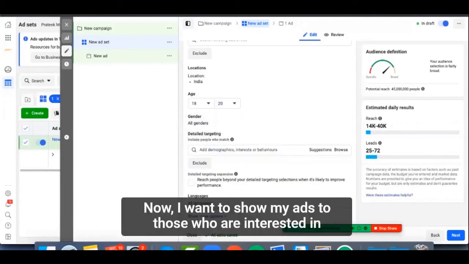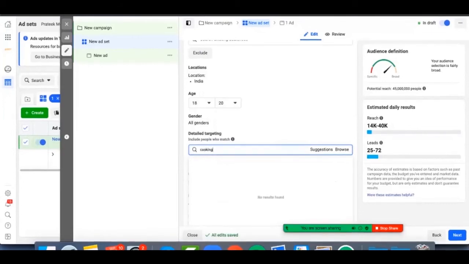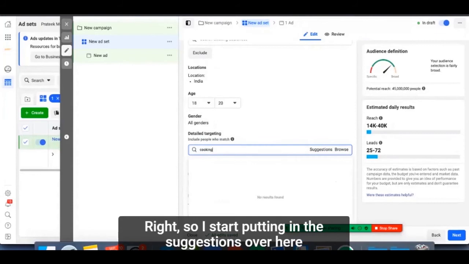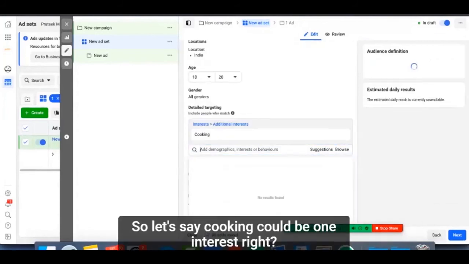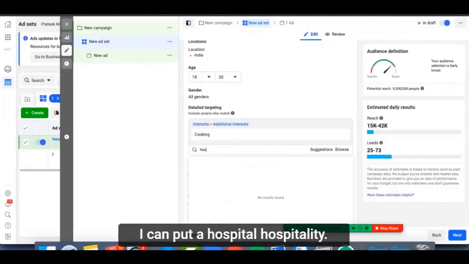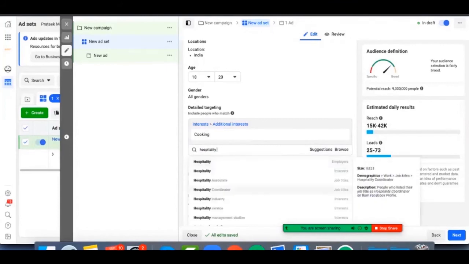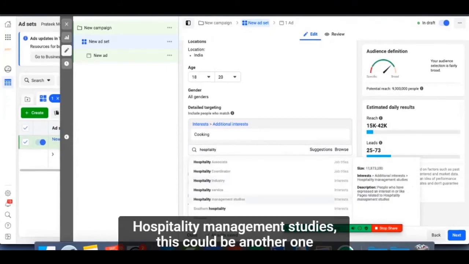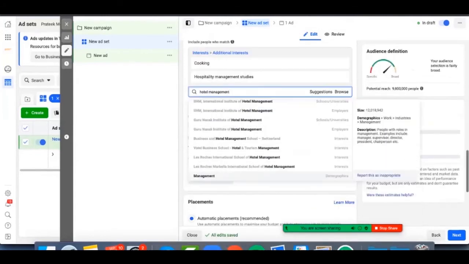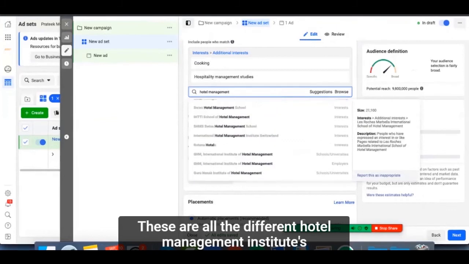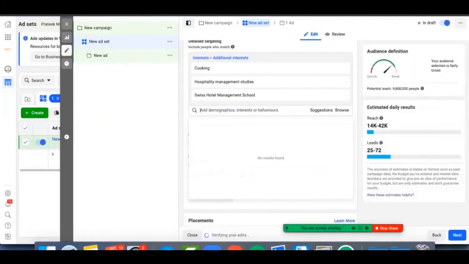Now I want to show my ads to those who are interested in cooking, right? So I start putting in the suggestions over here. Let's say cooking could be one interest. I can put hospitality management studies. This could be another one. Hotel management. So these are all the different hotel management institutes which are coming up. I can choose Swiss Hotel Management School.